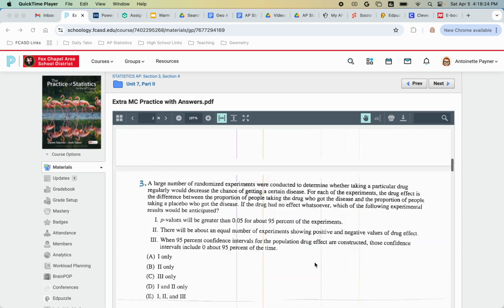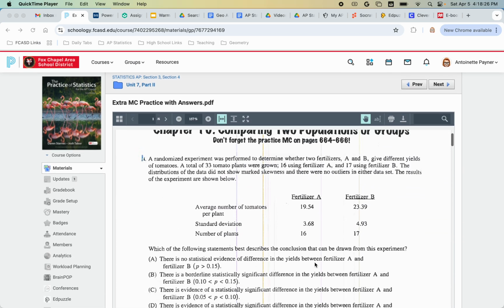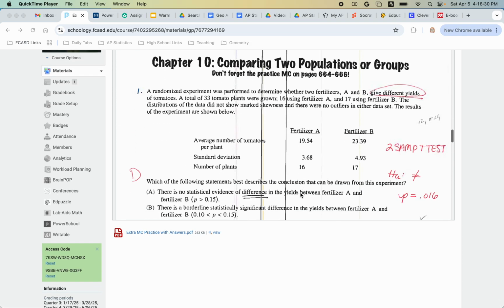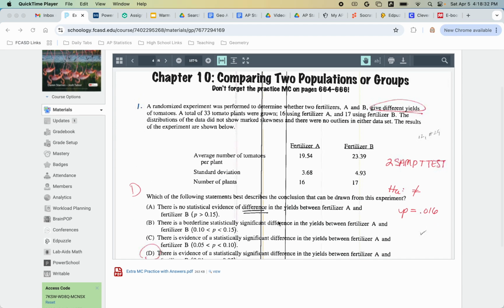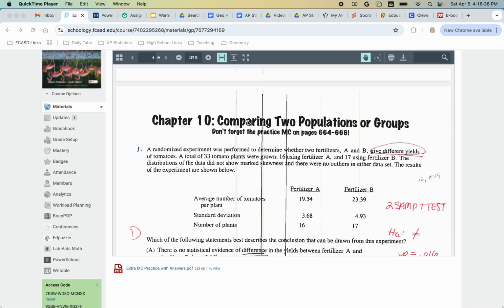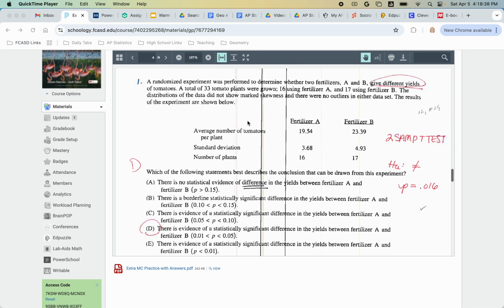Just in case you want me to go through these ones here, I'm just going to scroll down to the answers. These ones, so again, these are just the ones that are on Schoology. The extra, I know it says chapter 10, but this is the right stuff. This one right here, I was saying you would be doing a 2-sample t-test. So basically, this one,